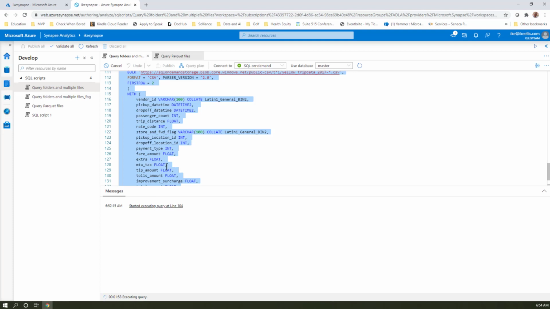That doesn't really happen in the same way in what we're using here, which is Synapse and using Polybase. Does that all make sense? I hope that makes sense really well. So